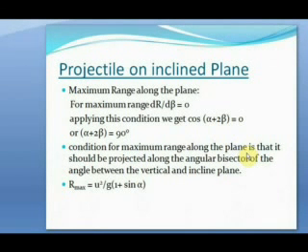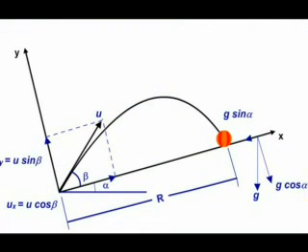Now the value of beta is 90 minus alpha by 2, which implies that the condition for maximum range along the plane is that the projectile should be projected along the angular bisector of the angle between vertical and inclined plane. So let's see this in the figure. Now the angle between vertical plane and inclined plane is 90 minus alpha, because this is our inclined plane which is at an angle alpha to the horizontal plane, and the angle between vertical plane, this is our vertical plane,